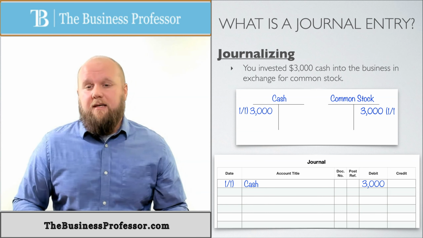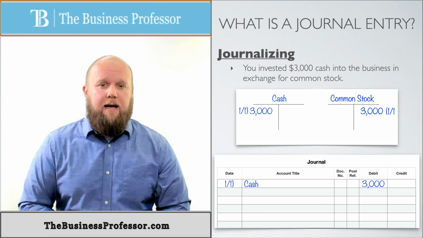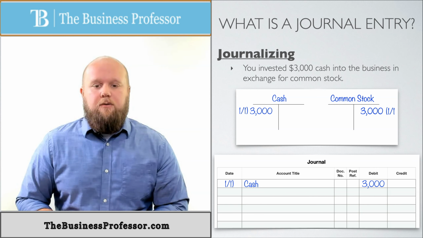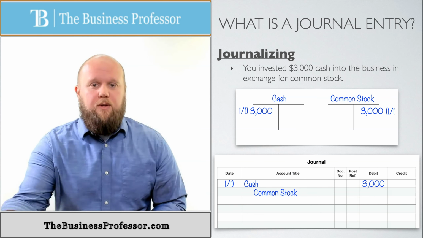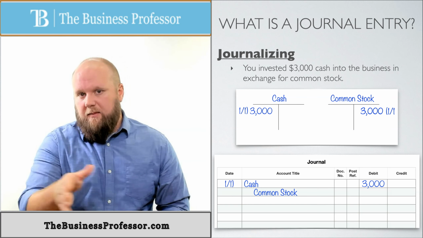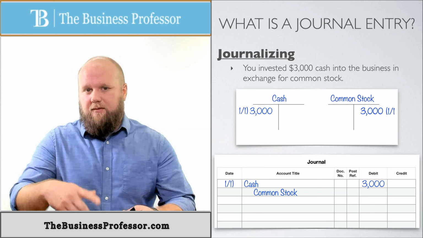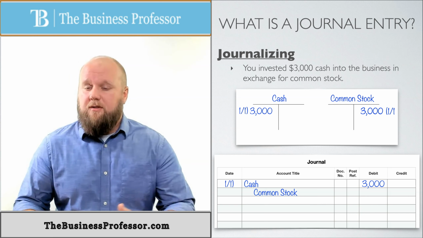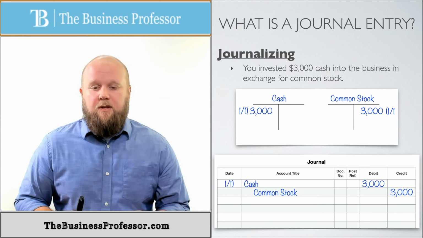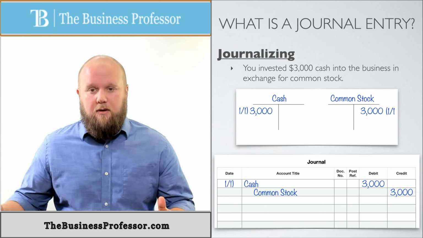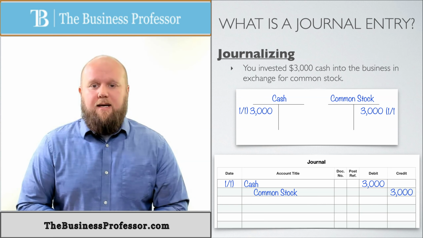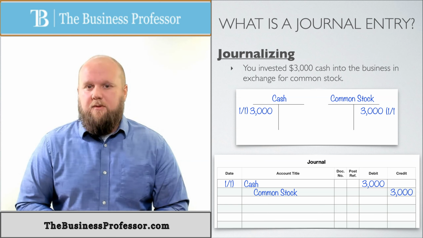Once we're done with all of our debits, then we move to the credits. And now in this situation, we only have one credit. So what we're going to do is take that account title, put it right under the debit, and I'm going to indent it just a little bit to show that it is a credit. So now you can look at it specifically, and it says, okay, cash is to the left, so that's debited. Common stock is to the right a little bit, it's credited. If it's both together, it's kind of harder to see. And then I'm also going to put the 3,000 into the credit column. That is what a journalized or journal entry looks like. You have at least one debit, at least one credit. The numbers are apart, so one's under the debit column, one's under the credit column. But that's how you deal with journalizing entries. So you're going to see this a whole lot more as we progress. But that's it.